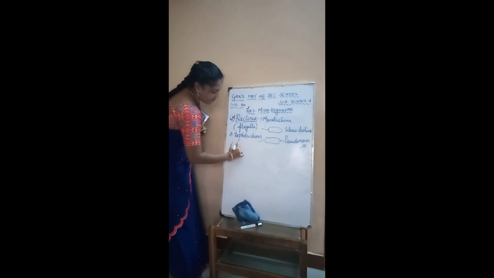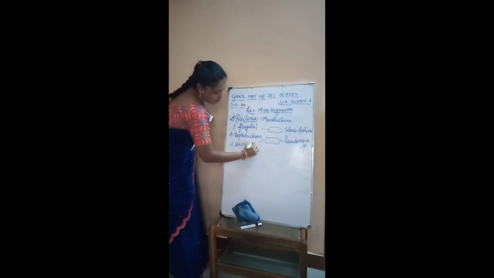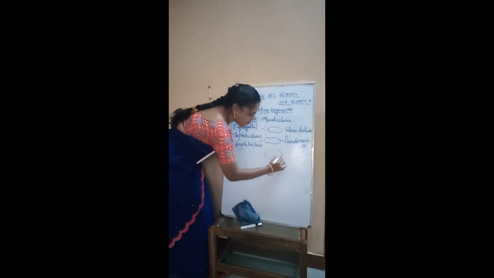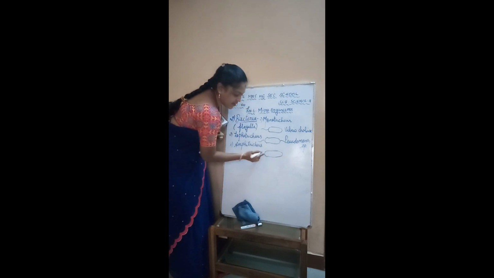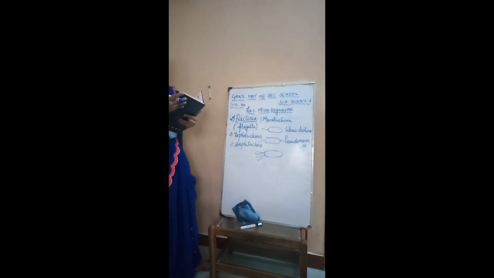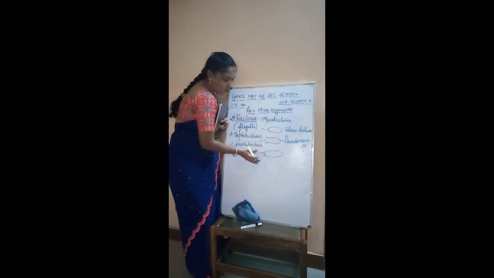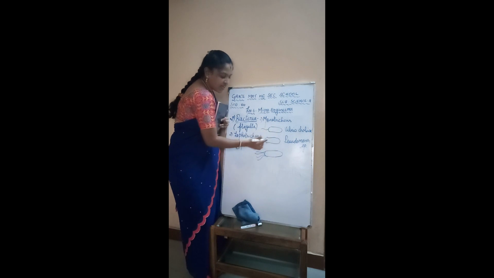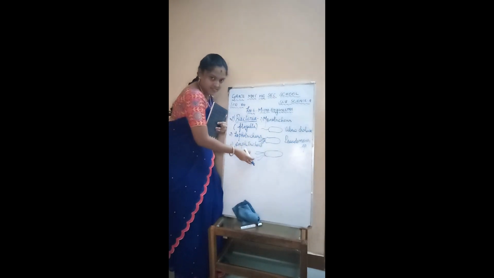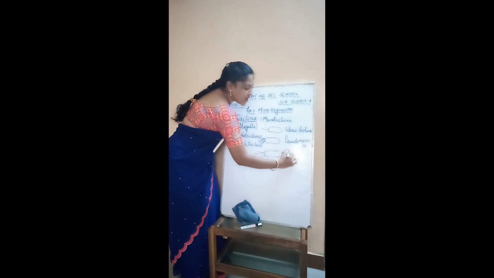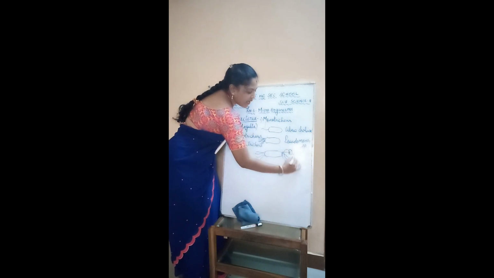Next it is Amphitrichous. Do you know what Amphitrichous is? Amphitrichous is nothing but the same rod-shaped bacteria which has a tuft of flagella. Okay, children? Tuft of flagella, right? Lophotrichous has one tuft of flagella at one end, whereas Amphitrichous has a tuft of flagella at both the ends. Are you clear with this, children? So an example for this is Rhodospirillum.